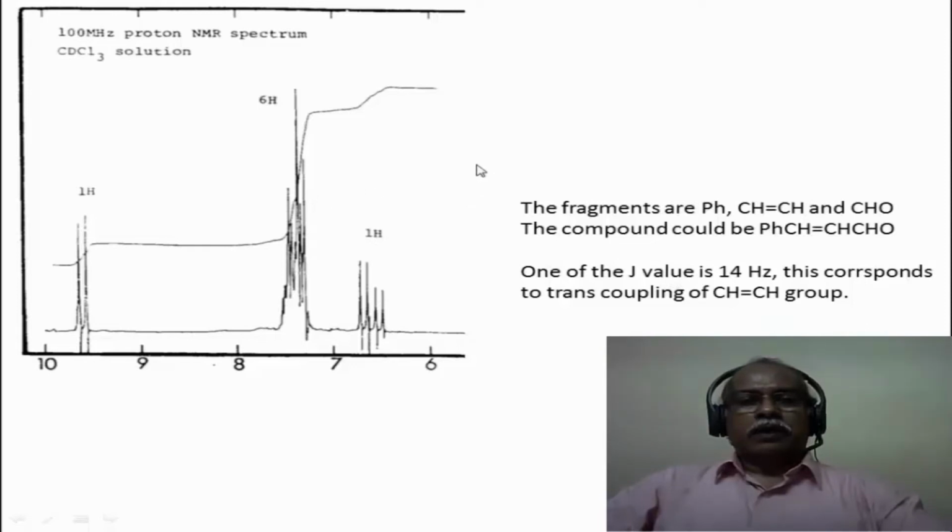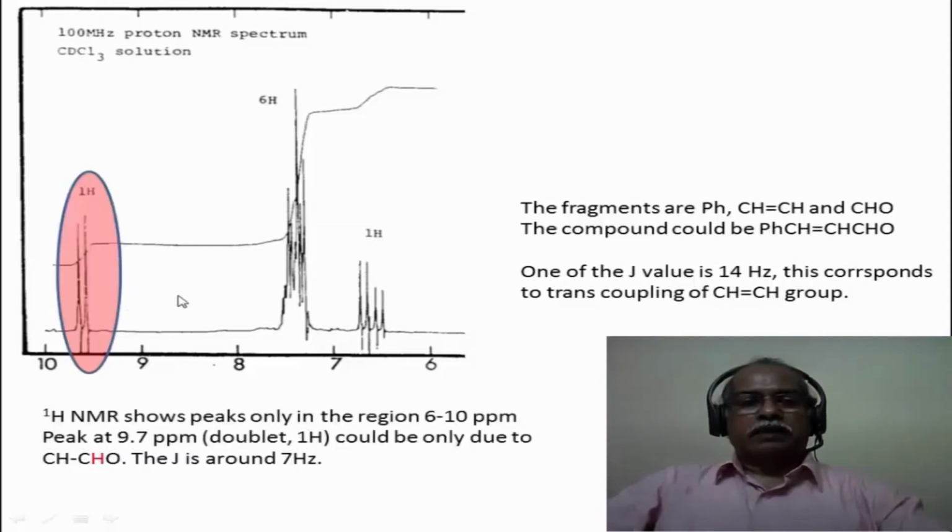Now this is the proton NMR spectrum of this particular compound. There are no peaks below 6 ppm delta value. That is why the region between 6 ppm and 10 ppm alone is projected in this particular slide. And there is only one other peak, which is the TMS peak, which is in the 0 ppm region of the NMR spectrum. Now the characteristic feature of this NMR spectrum is this region here around 9.7 or so, which is a very characteristic region for aldehydic hydrogen. So we already know carbonyl group is present and probably an aldehyde group is present from the infrared spectrum.